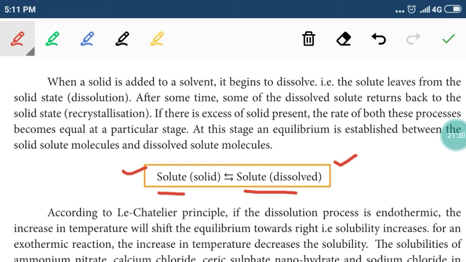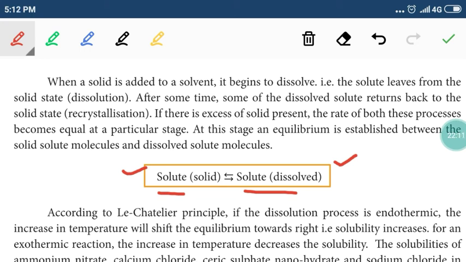In this condition, we apply Le Chatelier's principle as we studied in the physical and chemical equilibrium lesson. Once equilibrium is attained, it will be disturbed by external factors. If there is any disturbance in the equilibrium, it will be shifted towards one side to nullify the effect. Externally we disturb the equilibrium by increasing the temperature, pressure, or concentration and so on. Equilibrium will be shifted towards the forward side or reverse side. This is the general phenomenon, proposed by Le Chatelier.